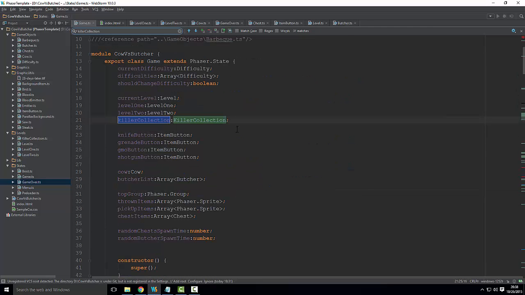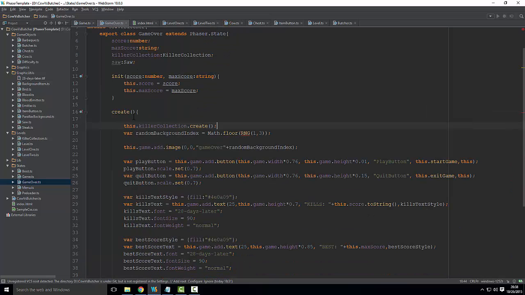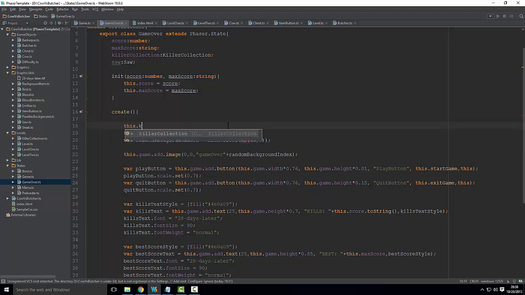So here we have it. Okay, so we want to do both of these. So let's go into game over. Where is that? I don't see it here. Okay, so first we want to say this dot killer collection equals new killer collection. This dot game. Then we want to create it. Also we wanted to move the